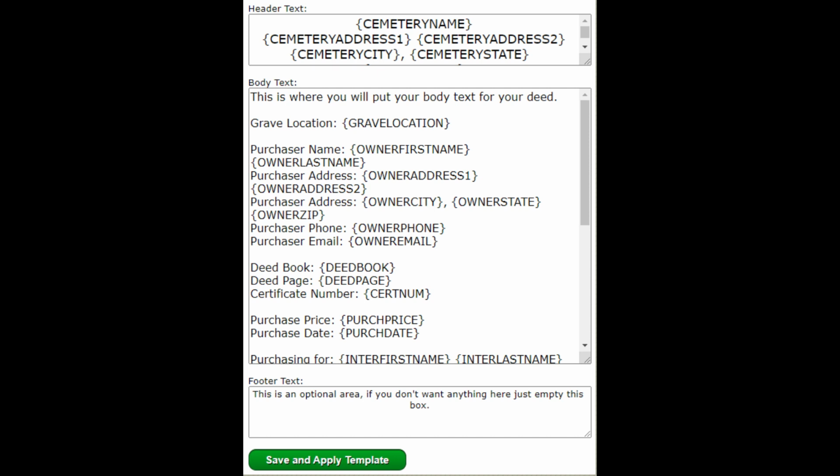Anytime you use the Enter key to go to a new line will force the template to put in a line break in the display. You can also use HTML tags in these boxes, if you are familiar with that sort of thing. If you have questions or problems with the deed template, please contact us and we'll help you along. When you're done editing your deed template, be sure to click the Save button at the very bottom of the